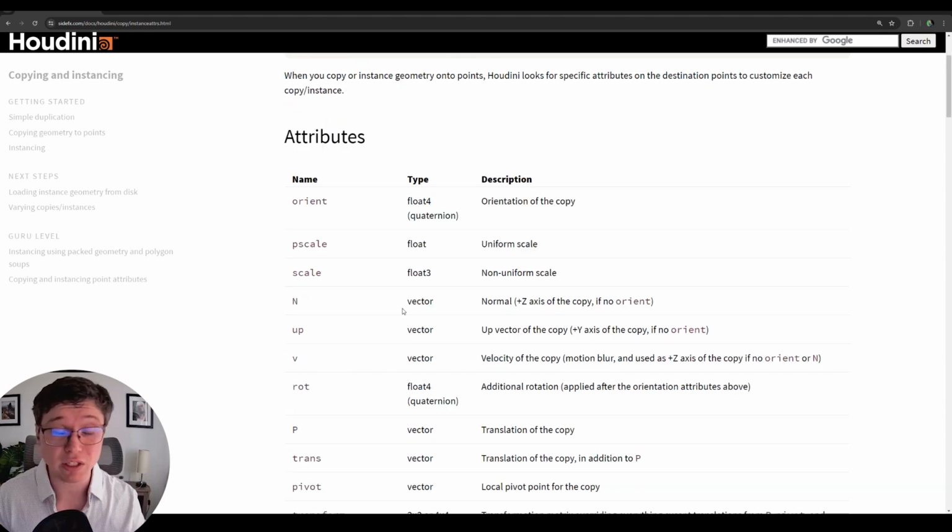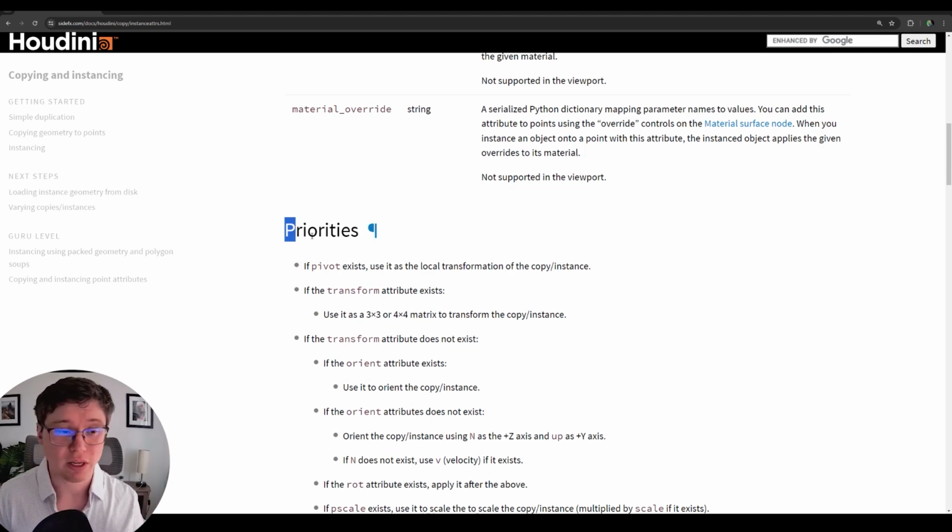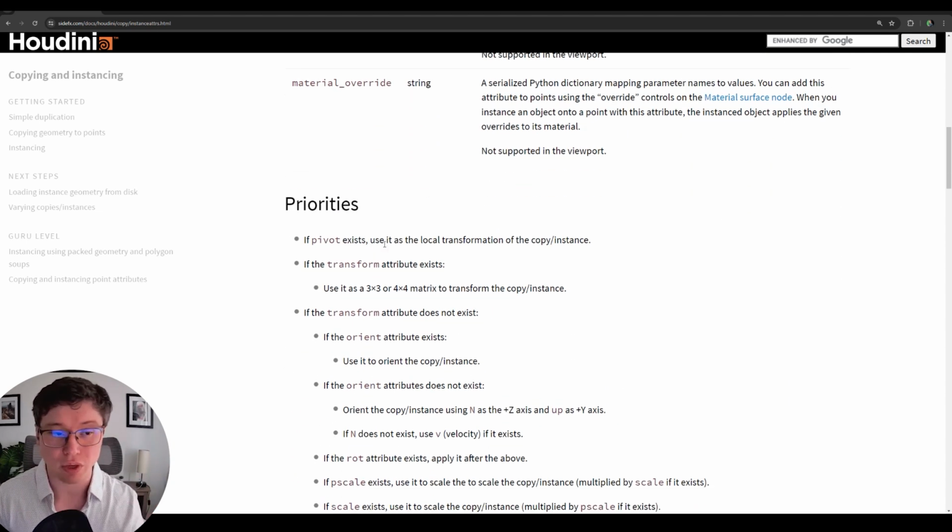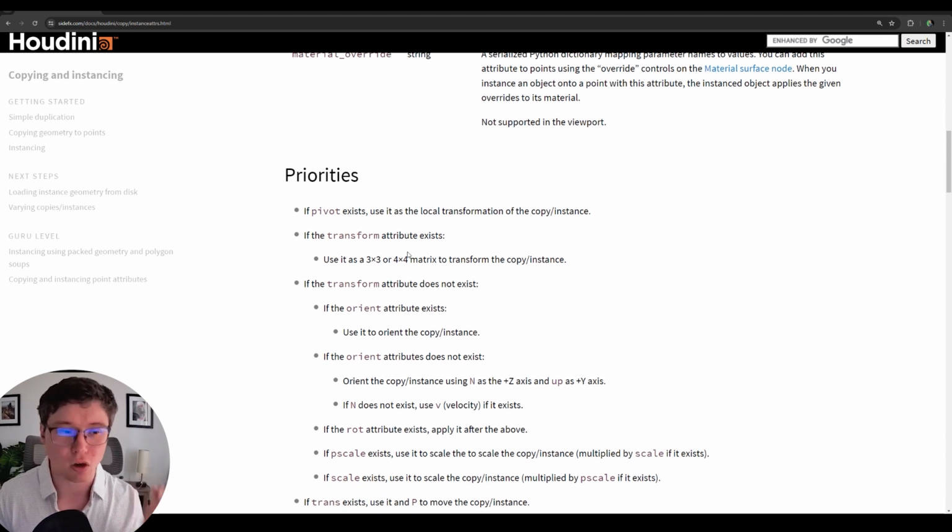There are in Houdini some priorities set up to drive the instancing of your objects. You don't have one way to drive your instancing. You have actually a couple of them. The first one being driving the rotation by a transform. So a transform with a 3x3 matrix would drive the rotation. I don't think it contained the scale, but the scale of a 4x4 matrix would be driving the copy and instancing in that case. Then again, you have other solutions to drive rotation.